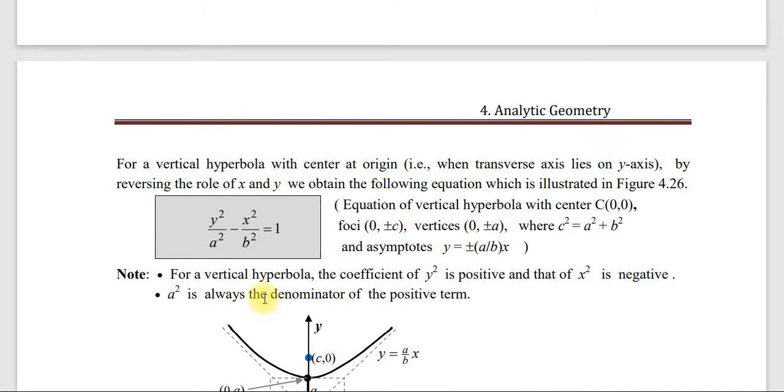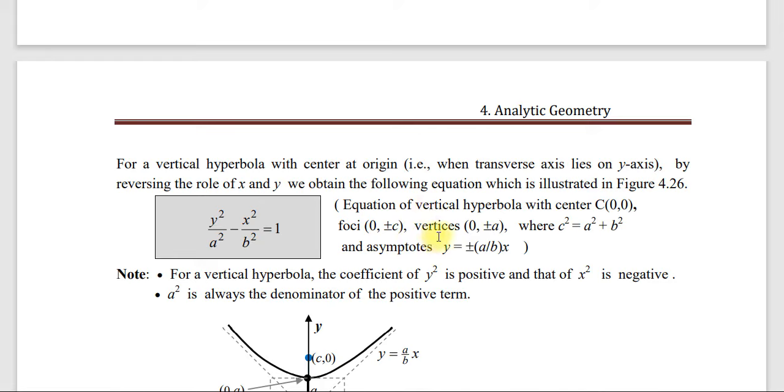እዚህ ሌላ ቶፒክ ነው። ቨርቲካል ሲሆን x እና y ን እንቀያይራቸዋለን፤ y square over a square minus x square over b square which is equal to 1። ስለዚህ x እና y ናቸው የተቀያየሩ፣ በኢሊፕስ ጊዜስ a እና b ነበር የተቀያየሩት። ሴንተራችን 0, 0 ነው፣ ፎኪያችን 0, plus or minus c፣ ቨርቴክሳችን 0, plus or minus a። ቨርቲካሉን ወደ ሆሪዞንታል ስንቀይር x እና y ን እያገላበጥን ነው፤ plus or minus a, 0 የነበረው 0, plus or minus a፣ plus or minus c, 0 የነበረው 0, plus or minus c አደረግነው።